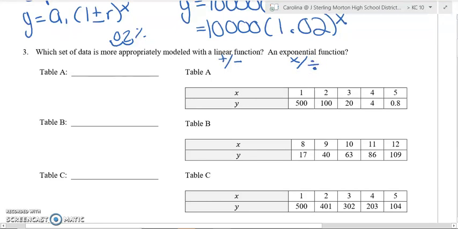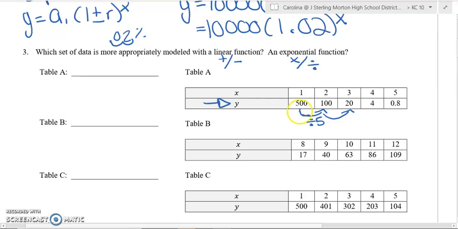So for table A, we're looking at the y values. How did I go from 500, 100, 20, 0.8? So first, am I adding, subtracting, multiplying, or dividing? 500 to get to 100 to 20, you're dividing by 5. If you want to do a trick for this, remember,